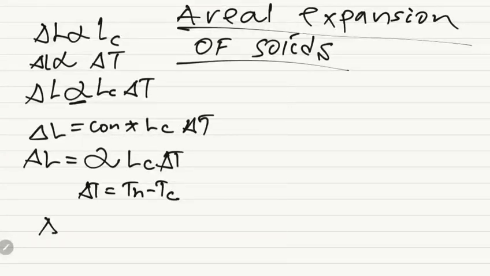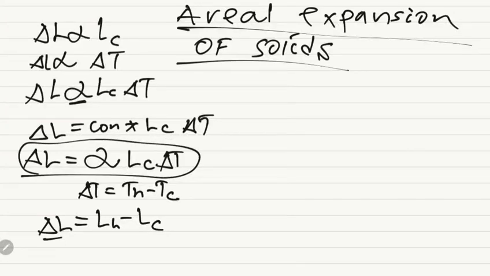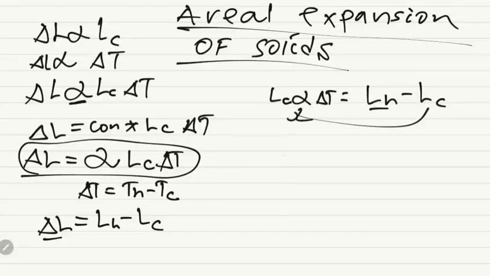We have another equation for the change in length: it is the length at the hotter temperature minus the length at the colder temperature. Instead of this, you can put the expression we derived. So the length at the colder temperature times alpha times the change in temperature is equal to the length at the hotter minus the length at the colder. So you can get an expression for the length at the hotter, writing the length of a wire as a function of temperature. When you move this term, you get the length at the colder times alpha times delta T, the change in temperature,